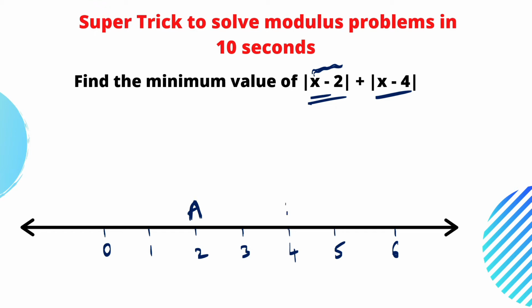Let us say b is here. We want the minimum value. So if we consider 3 cases, 3 cases are possible. Either a goes to b, or b can go to a, or they can also meet at some point. In all 3 cases, the distance covered by a and b is 2 units. Hope you understood. So in first case, a goes to b.